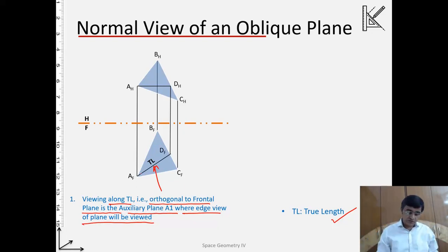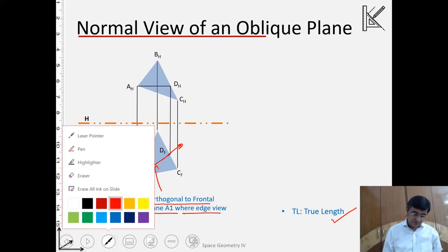Okay, that's the projection of the line onto the frontal, and perpendicular to that projection and orthogonal to the frontal plane, I will locate a plane, and that's the auxiliary plane. And as this plane is coming inside, this line will project onto it as a point view. Okay, making use of this concept,